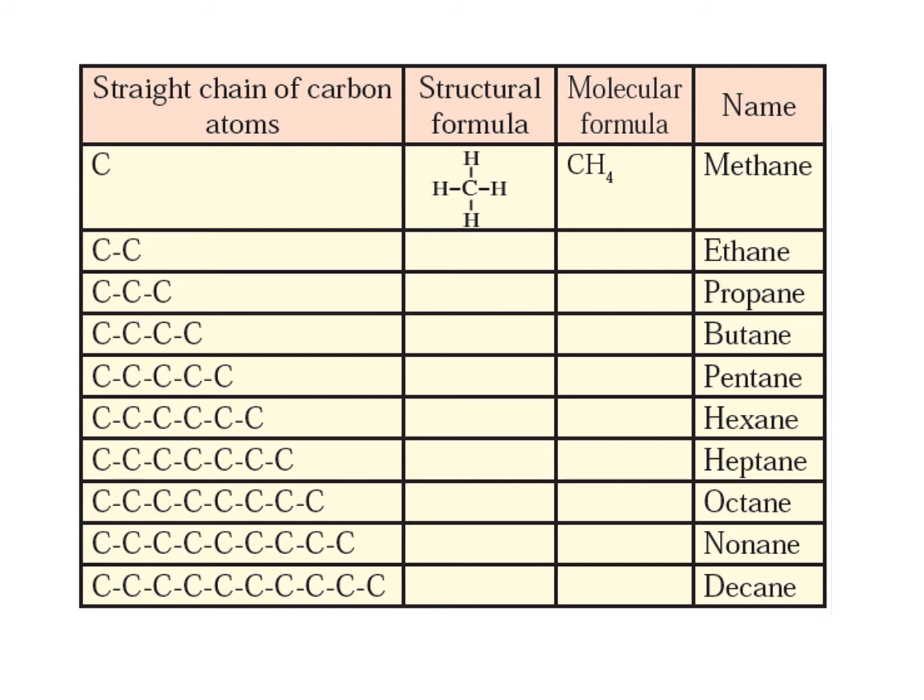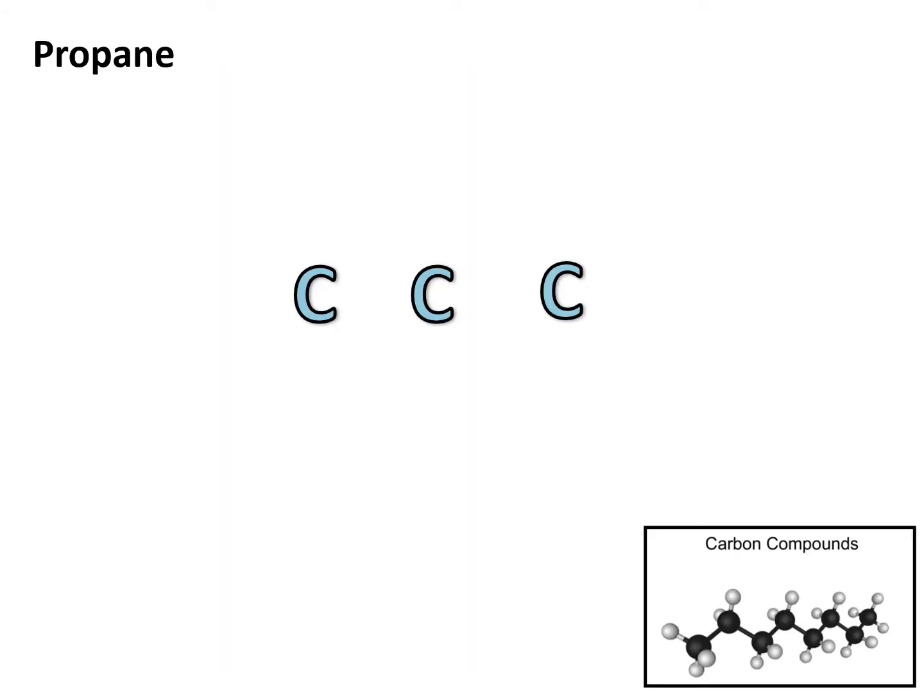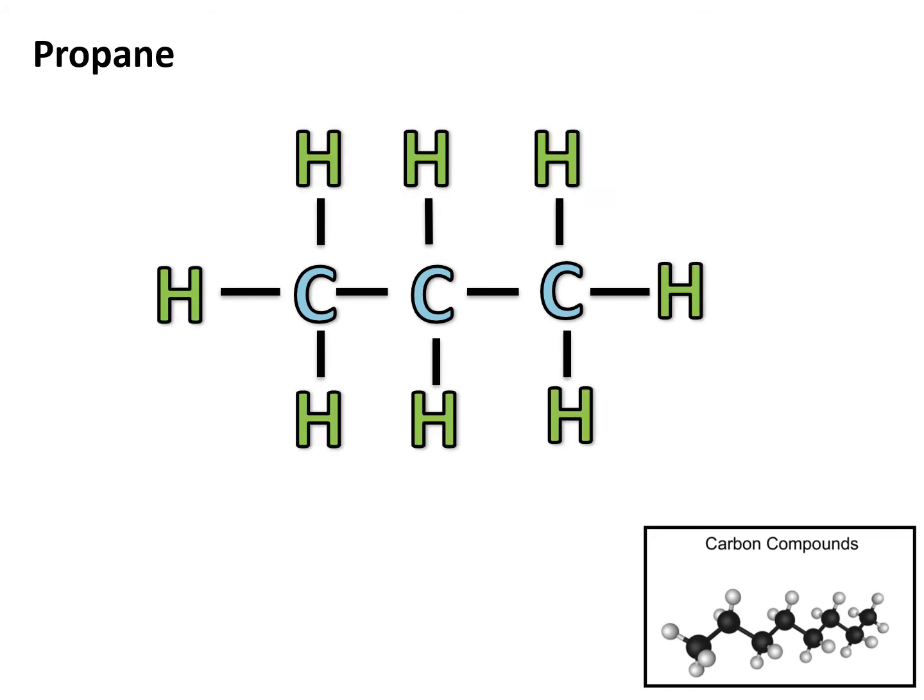We already studied about methane, ethane and propane. Ethane and propane I have already shown you in the previous slide. You will complete this table on your own. We move to propane now. Propane, if you see, has 3 carbon atoms as it was shown in the previous slide. Now we have to fulfill the valencies of the carbon, so the remaining bonds are being completed by the hydrogen atoms.